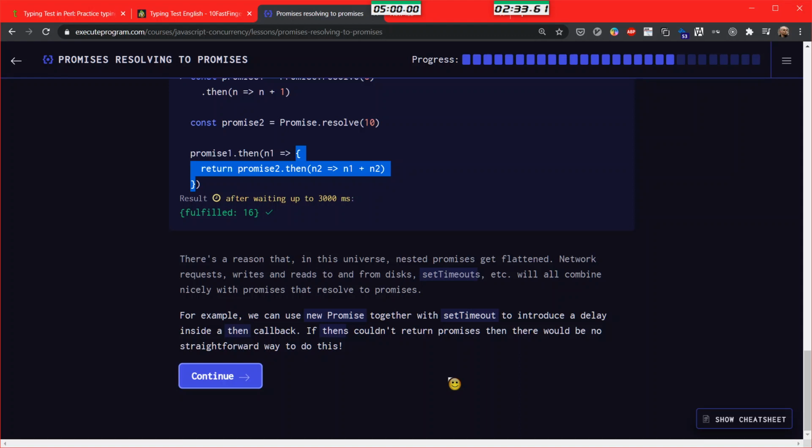For example, we can use new Promise together with setTimeout to introduce a delay inside a then callback.